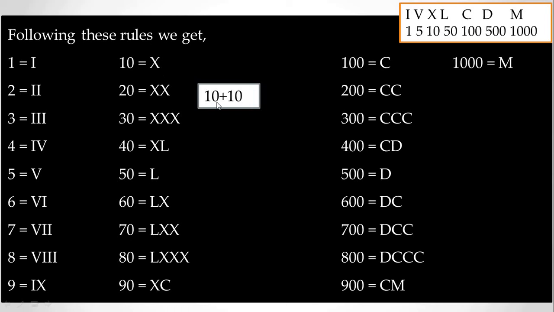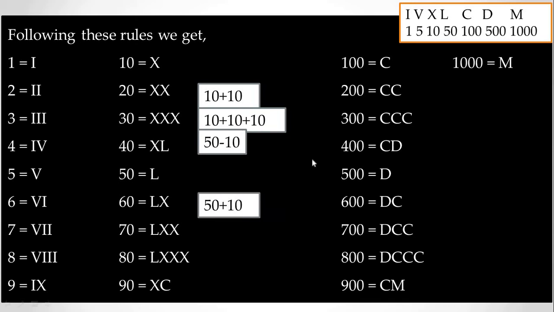Next bigger number is 20, means 10 plus 10. If the number is 2 digit, you have to divide that number, so 20 is nothing but 10 plus 10, so it is 2 times. 30 means 10 is written 3 times, so 3 X are there. Now 40, you cannot write 10 four times, because I told you a symbol is repeated only 3 times, so 40 is nothing but 50 minus 10. For 50 there is the letter L. We learn L, C, D, M. L starts with 50, so 50 minus 10 you will do for getting 40, so we write X.